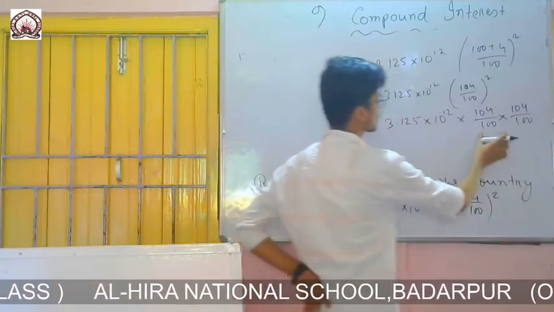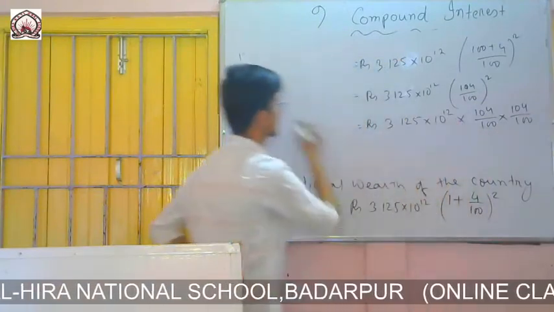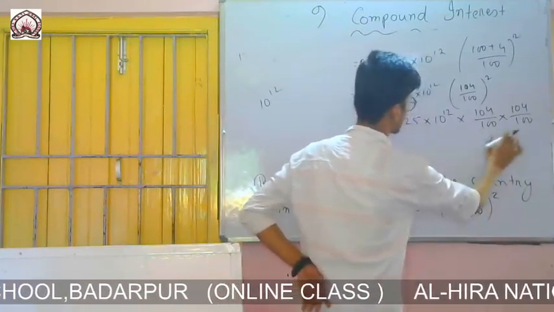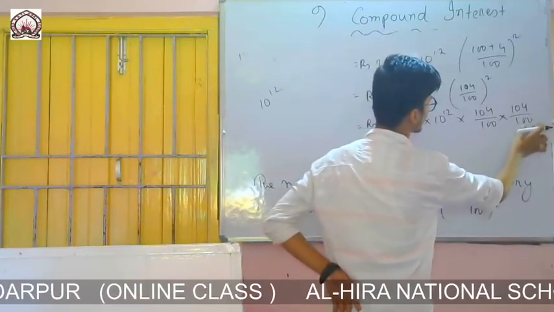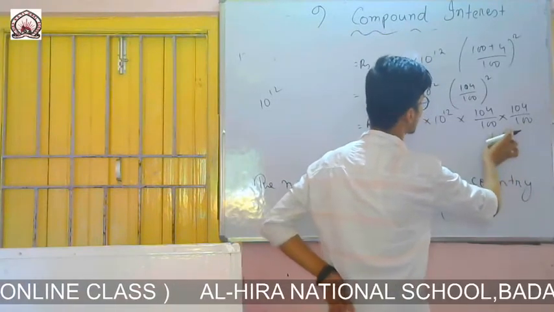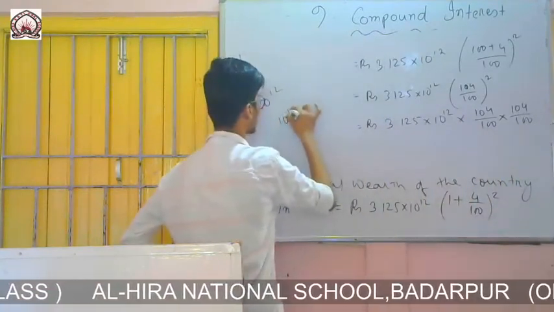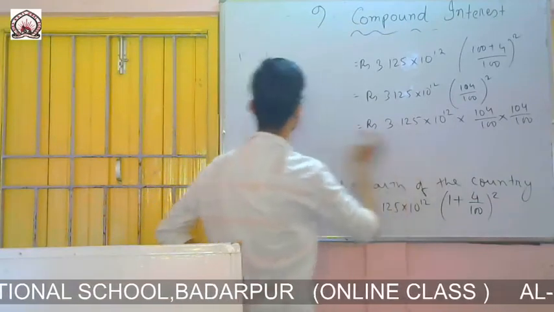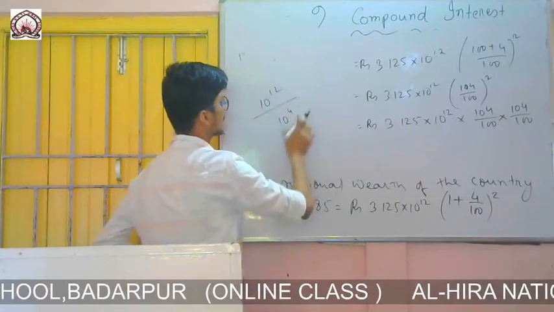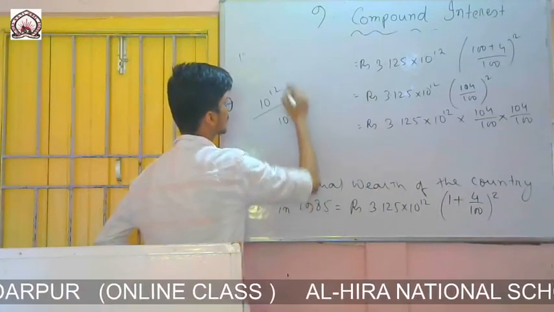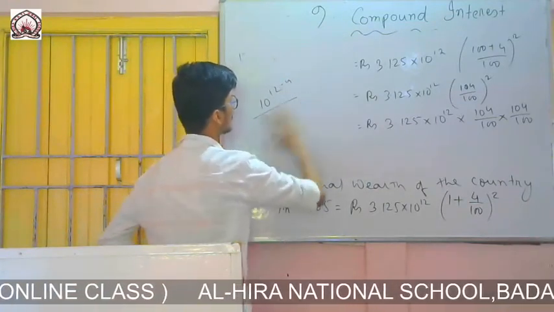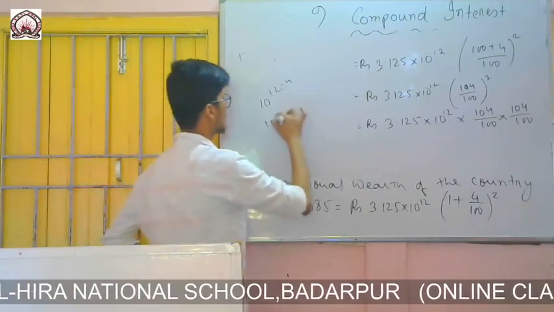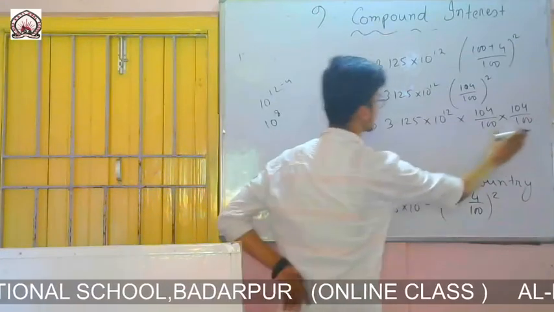Why have I written this one like this? Because there it is 10 to the power 12, and below we are getting 100 and there also another 100, that means 10,000. 10,000 means 10 to the power 4. The question is, here we are dividing, that means simply I can cancel it from here. Divide means I have to cancel this one, so minus 4 it will be here. So 10 to the power 12 minus 4, I can write it as 10 to the power 8. That's why I have written it like this.